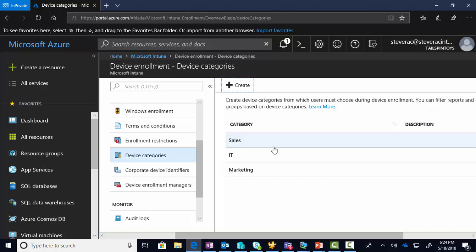So, and I'm going to say this, and I know I'm not drilling into this deeply enough to really turn over all the stones about it, but I'll show you this and then we can talk about it more later. So one of the useful things about device categories, and again, jumping ahead, is that we can